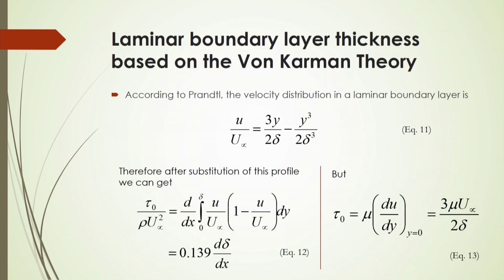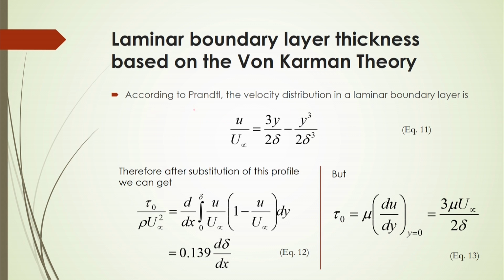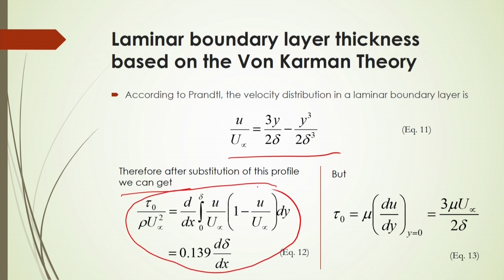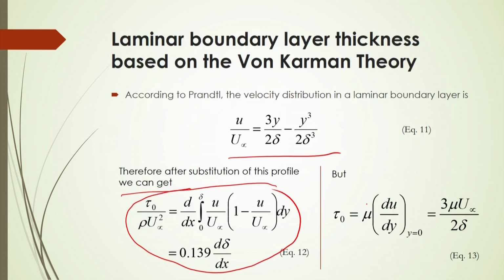Now, after substituting all these boundary conditions, we can get this velocity distribution in a laminar boundary layer as this, and therefore, after substitution of this profile, we can get the momentum equation as this here. We substitute this in equation number 10, the momentum equation, and after substitution, integration and rearrangement, we can get the shear stress: tau 0 by rho u infinity square will be equal to 0.139 d delta